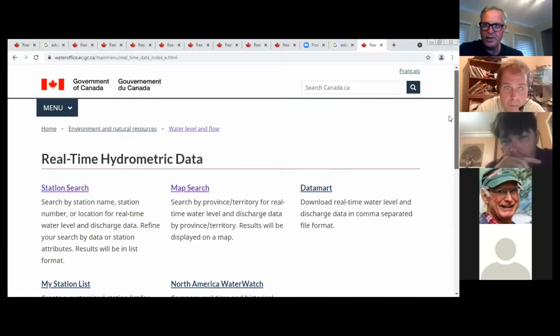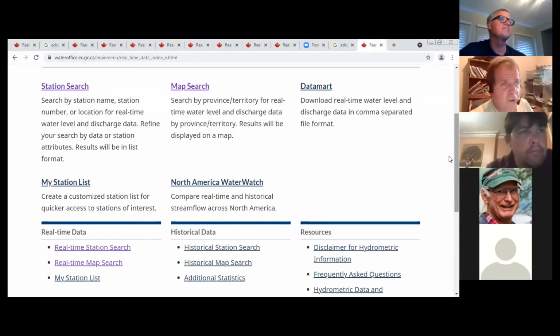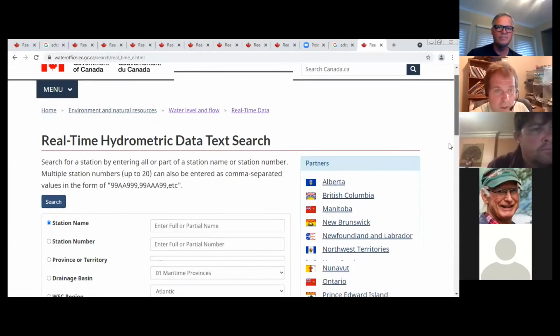Now, one thing people can do is if you're on your own laptop at home, if you have a second screen, you could follow along by opening the site yourself. Yes, so we're at wateroffice.ec.gc.ca, and there's a bunch of different ways we can do a station search here. The first one is simply to click on the button for real-time station search